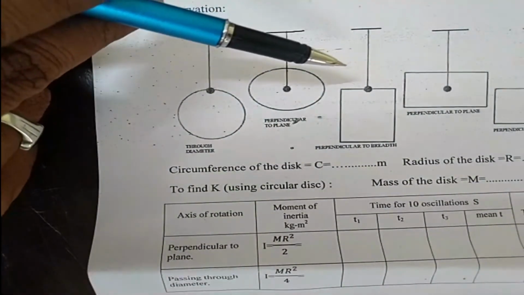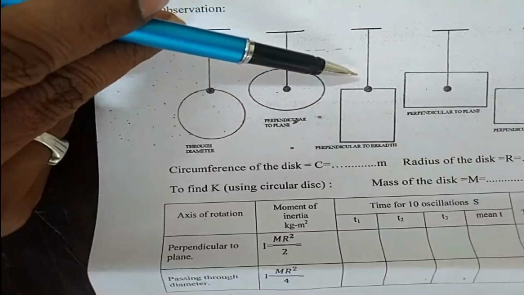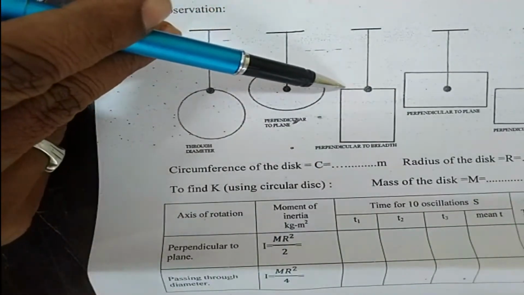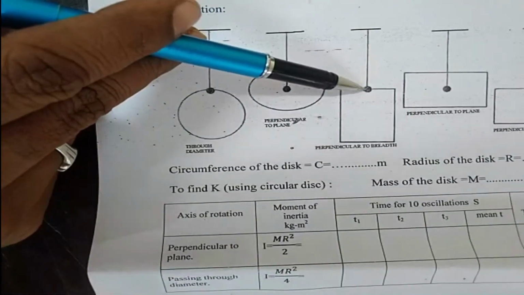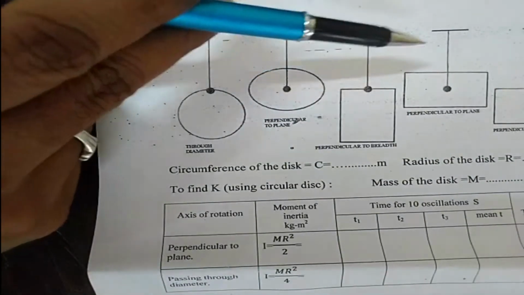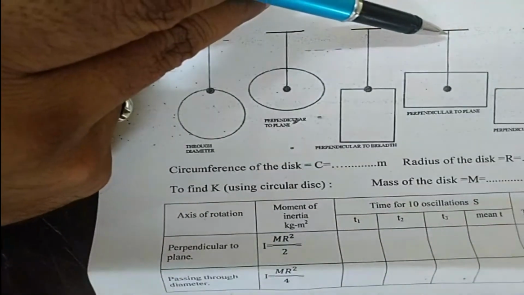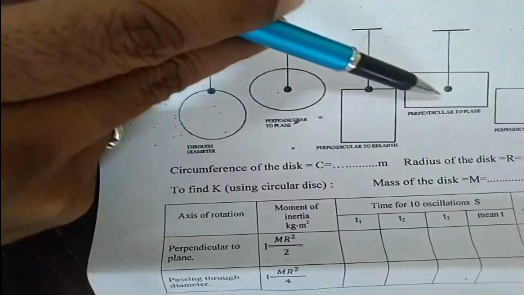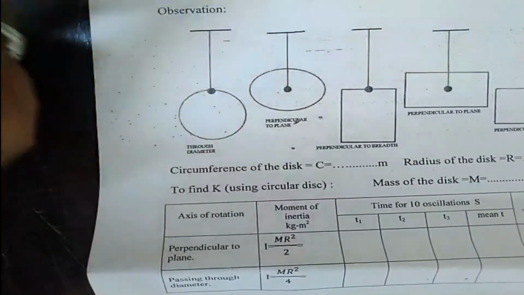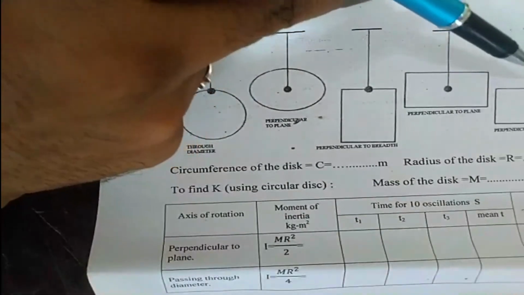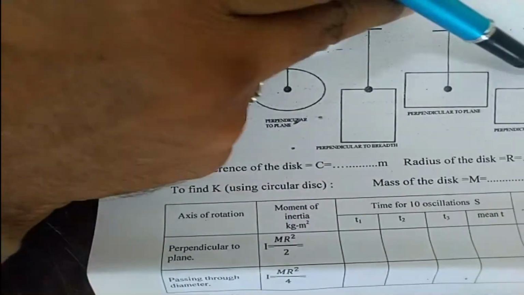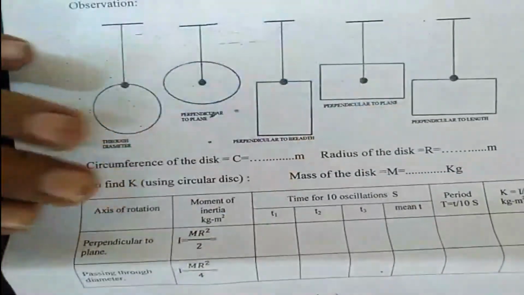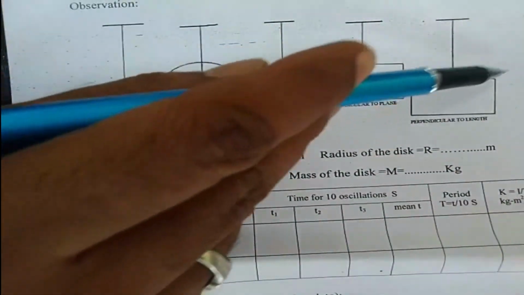In the first diagram, you can see that the axis is actually perpendicular to the breadth, because this part of the body is called breadth. Then in the second figure, the axis is perpendicular to the plane. For the plane surface, the axis is made perpendicular. Then in the last one, the axis is perpendicular to the length. This is actually the length of the body. You can see that.